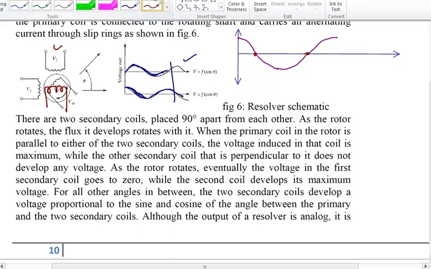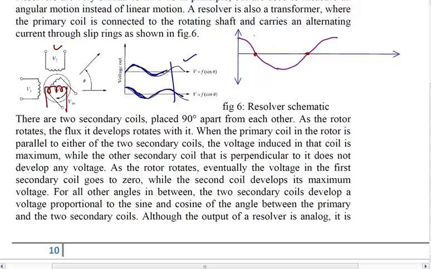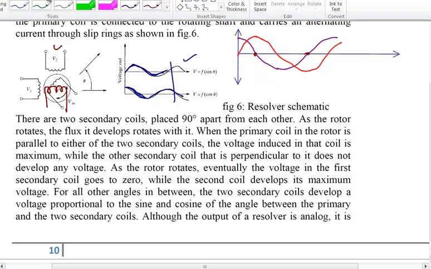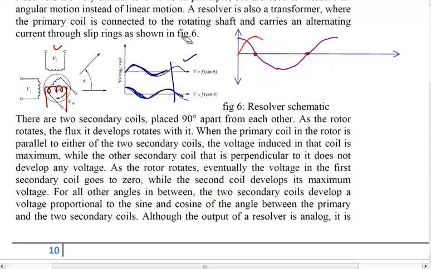For drawing that, let me use this color. So that time V2 will experience the high voltage, and then if it is like this, then the voltage will slowly go down, and then it will be something like this, and here it is going to be like this. Okay, so you can see, I will have to draw this one again because,